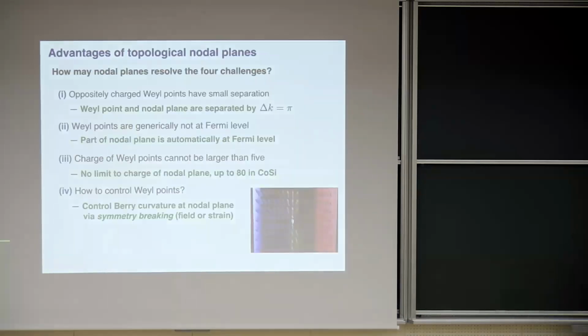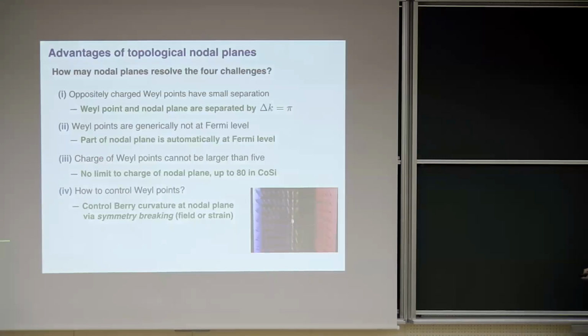Okay, so this summarizes basically the first part of my talk, and I just want now to explain how these topological materials with these nodal planes might overcome some of these challenges. So first, we have found a Weyl point and a nodal plane, which are very far apart in the Brillouin zone. Namely, one is on this ky axis at gamma, and the other one is at the boundary of the Brillouin zone. So we have almost the maximum possible distance of pi. So this will give rise to a large anomalous Hall effect, for example. And also, if we have disorder, this cannot blur it out immediately.